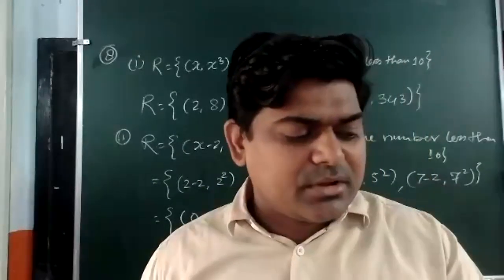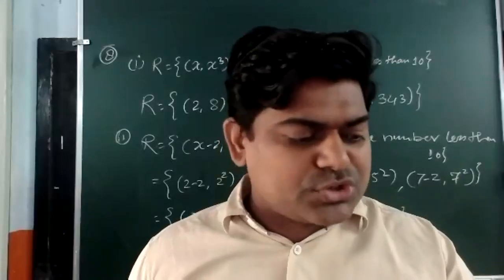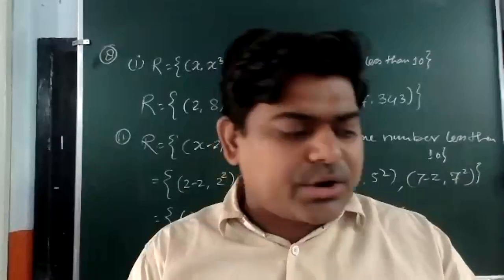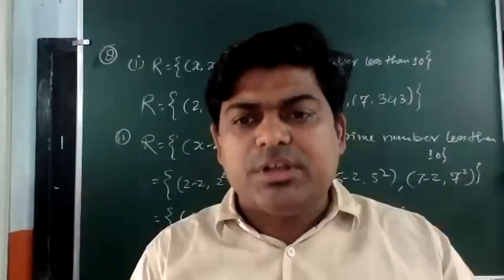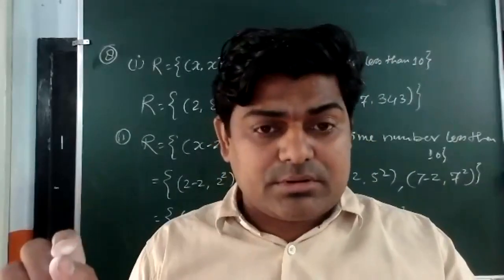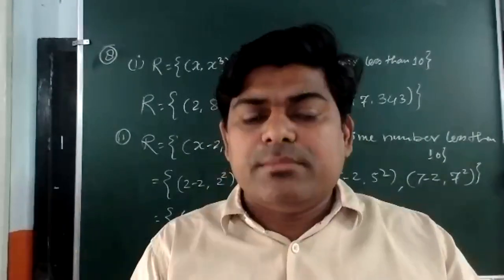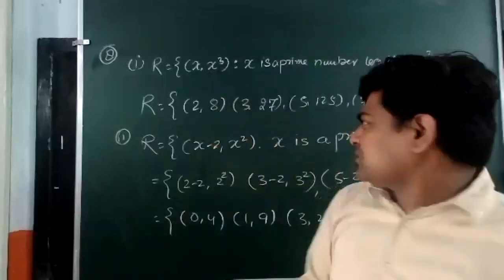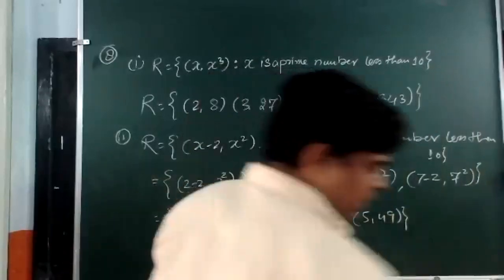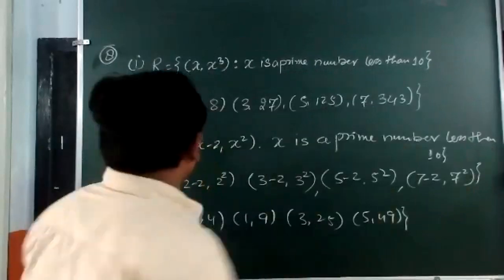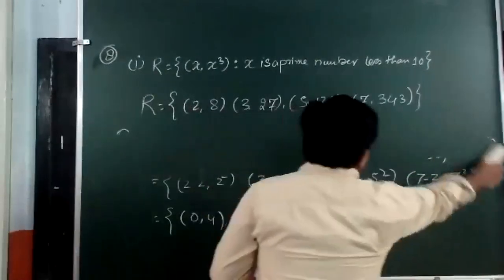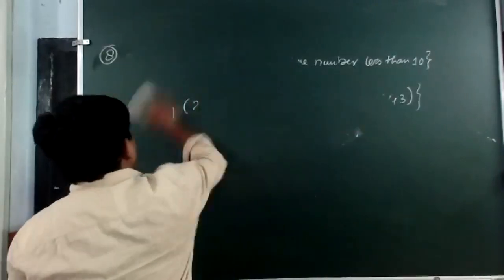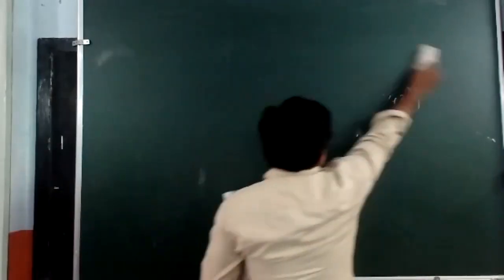What can I write? 1, minus 1; 2, 0; 3, 1. You can see in each and every ordered pair that the first element is 2 more than the second element, or I can say the second element is 2 less than the first element. What can I write? It is a little bit different. That's why I want to write it for you. You can see question number 9, second part especially. I'm not talking about the first part. The second part is like that.